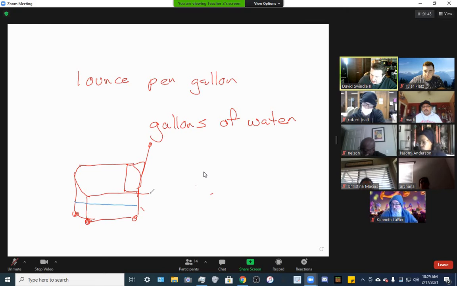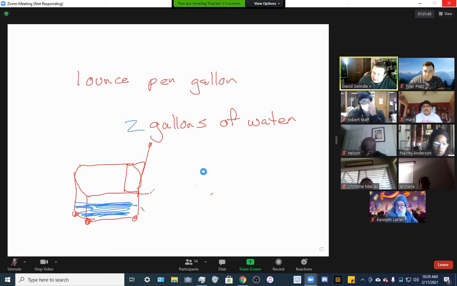So if I add 2 gallons of water in here, I have 2 gallons of water, and the chemical company told me to mix this chemical, 1 ounce of chemical per gallon of water. What I'm doing is I'm simply saying, I know I have 2 gallons of water. They said 1 ounce per gallon. Then we could do 2 ounces. Okay. I got it.